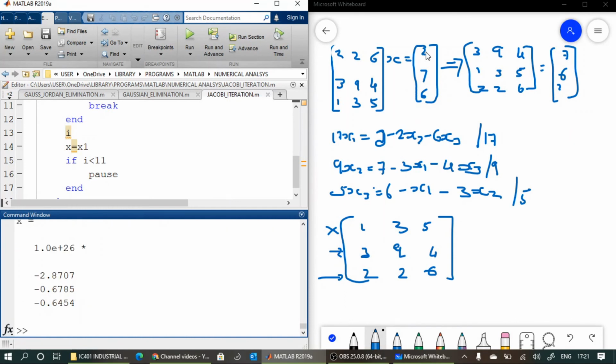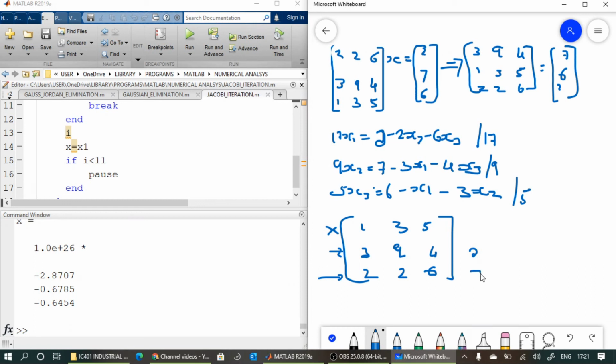Again it is diverging. It is diverging because of the dominance of this row: 9 is greater than 7. The dominance is 2 plus 2, so here it is 2. What about this one? This is 3 plus 4, minus 7. So this one is not dominant, far away from dominant. If you add all these row dominances, the dominance of this matrix is minus 7 plus 2 plus 2, that is minus 3 only, not greater than or equal to 0. Okay, so this is the result.